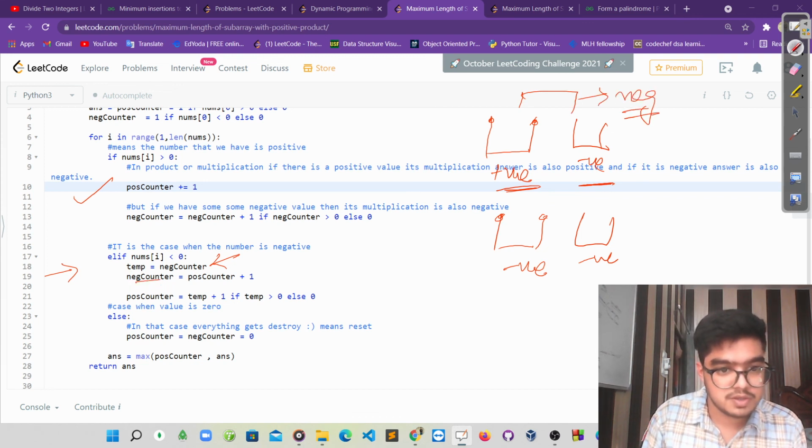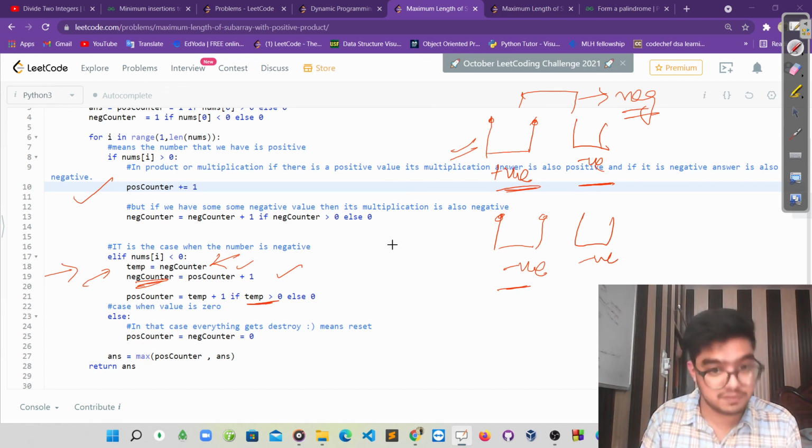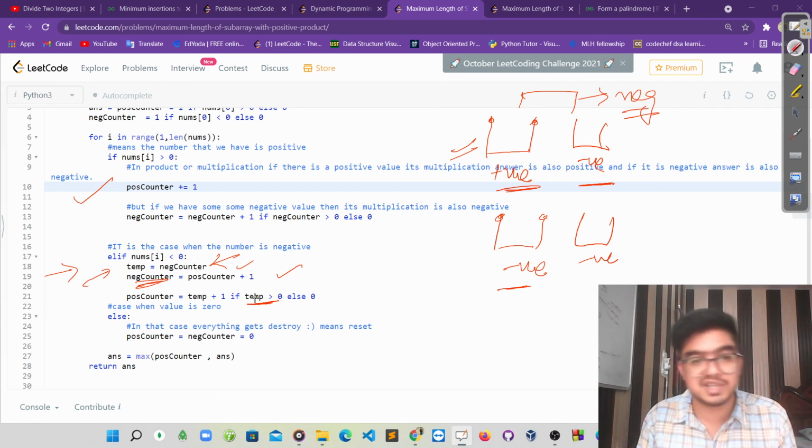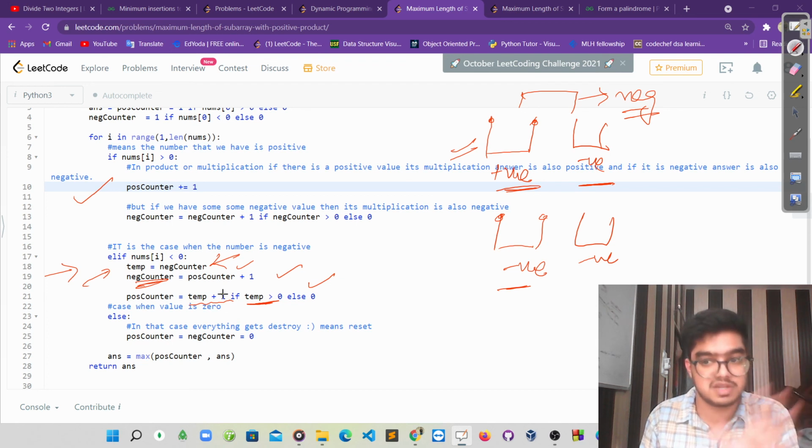The negative counter is equal to the positive counter plus 1, right? Till that position we store it. And if before that there is no negative counter encountered, we make it 0. Otherwise, whatever the negative counter, we increment it by 1.